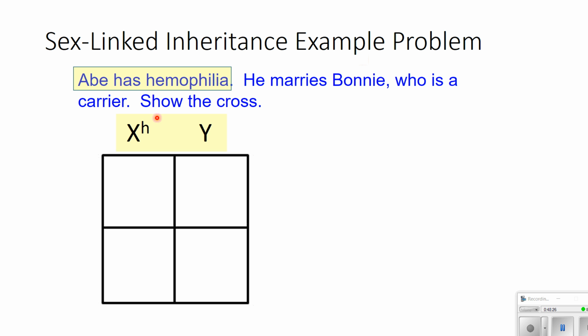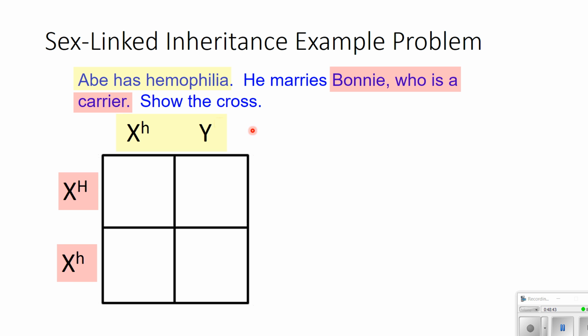Abe has hemophilia, so X little h, and he's a male, so we're going to give him a Y chromosome. You do not put a gene on the Y, because remember, sex-linked traits are only carried on the X chromosome. And he marries Bonnie, who is a carrier. This is what makes her a carrier. So she does not have hemophilia, but she is a carrier. And if we look at all of their possible children,